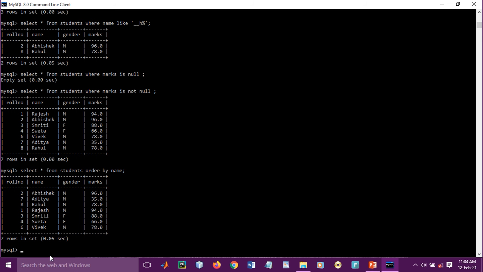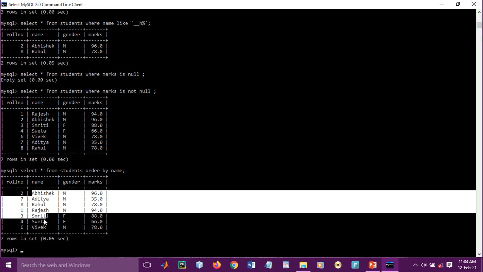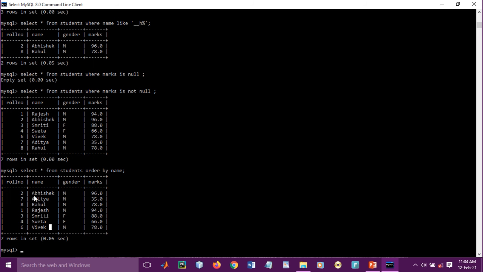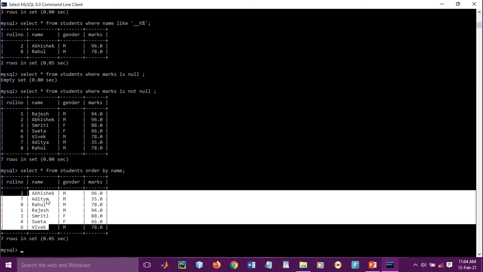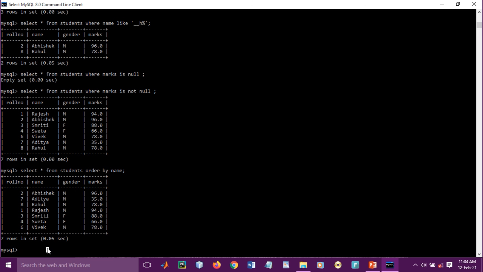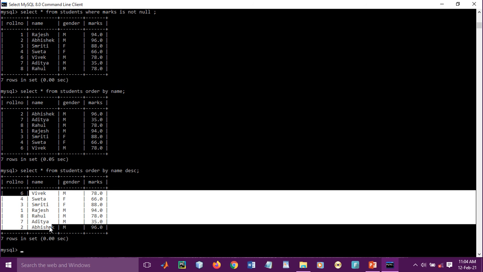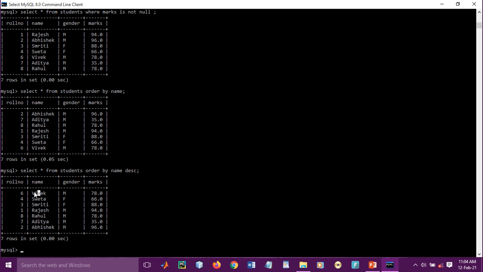You will see here all names are now showing in alphabetical order. Suppose you want to see based on descending order, by default it is ascending, but if you want to see in reverse order you simply put the keyword descending. This way you will see it reverse the order.